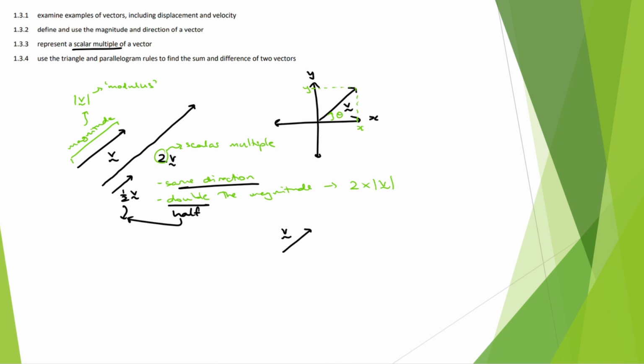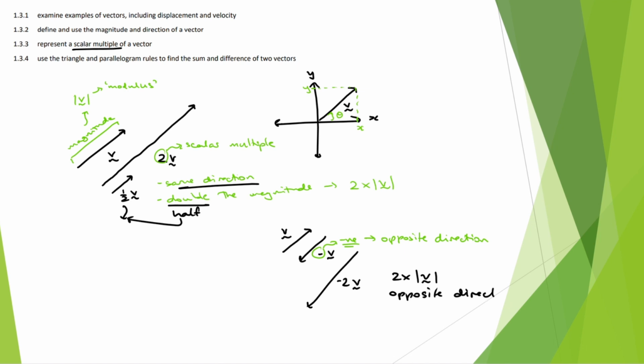Now, if I have my vector v going in this direction, I can also consider a vector going in the opposite direction. I denote this vector as negative v. If my scalar multiple is negative, this implies that my vector will go in the opposite direction to the initial vector. If I have v and I have negative 2v, that will be a vector